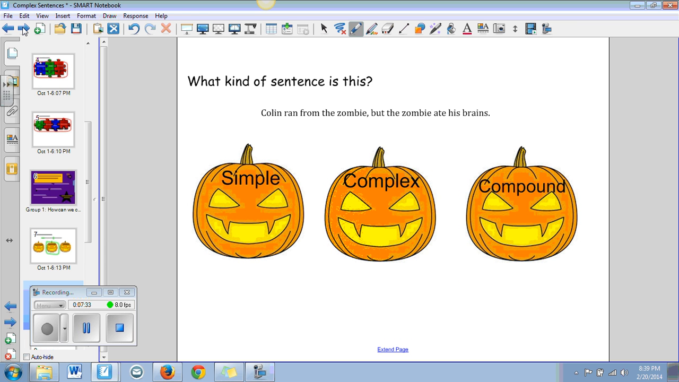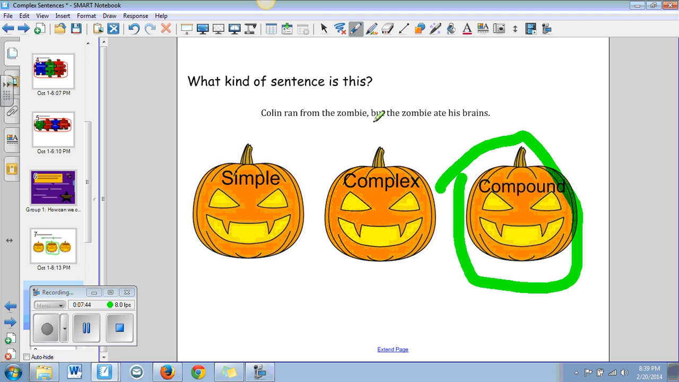What kind of sentence is this? Colin ran from the zombie, but the zombie ate his brains. Poor Colin. Right, if you said that this was a compound sentence, you're exactly right. Here we have our comma coordinating conjunction, and we have a subject and a verb on both sides of that